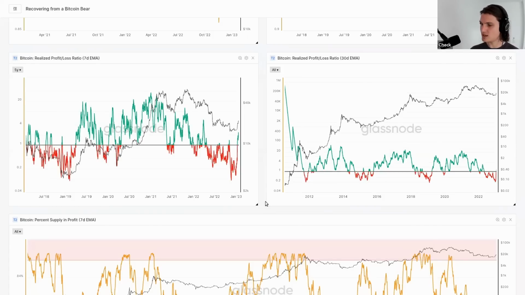We're seeing that profits are starting to be realized both at a per transaction level, but also at a per dollar value level. So it's telling you something about both cohorts. SOPR doesn't care about how big you are in terms of size. Realized P/L ratio does. So when you have both of them, it's telling you that there's a more macro-scale trend shift in play.